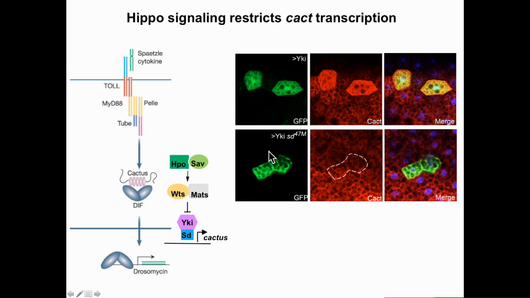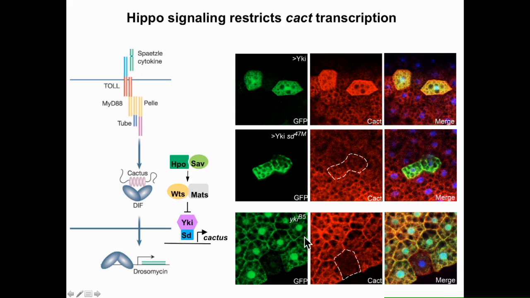So if you make a cell that overexpresses Yorkie but is simultaneously mutant for Scalloped, these cells no longer upregulate Cactus. And conversely, if you look at single cells which are missing the Yorkie gene product, here labeled negatively by GFP, you can see that these cells have much lower expression of Cactus. So this demonstrates that there's a cell-autonomous requirement for the Hippo pathway in regulating the transcription of